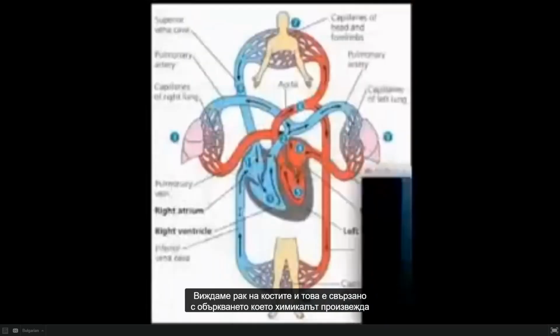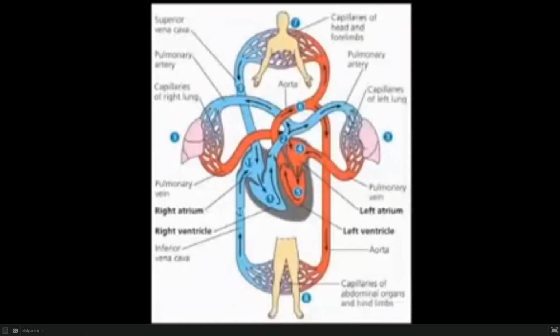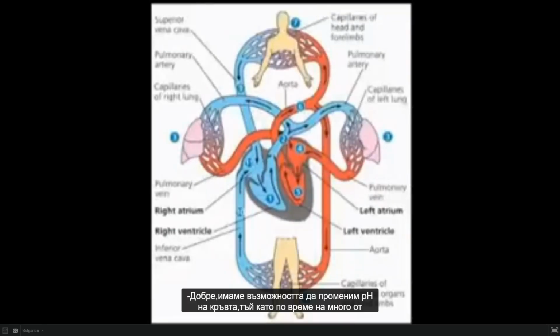We see a bone cancer, and that's to do with the confusion which the chemical produces. They behave as one, and when they get to the bone, they just open up and they block the limb system, the bone system, sorry. Okay, so is there a possibility to change the pH of the blood, because during a lot of diseases,